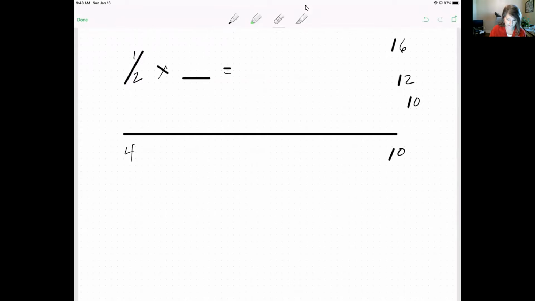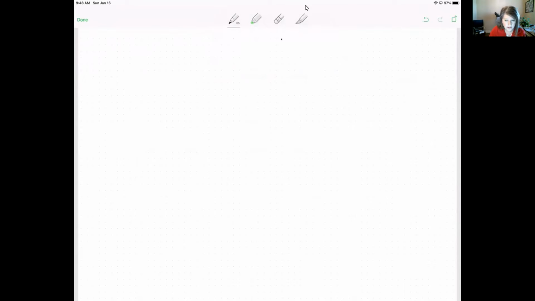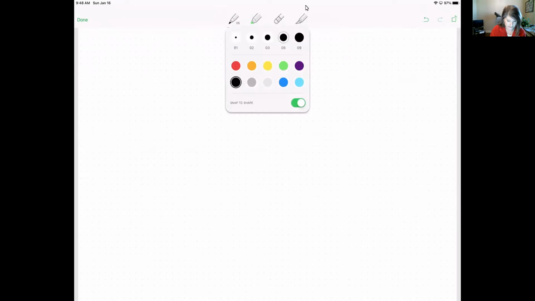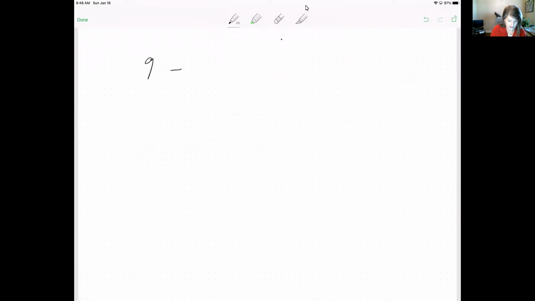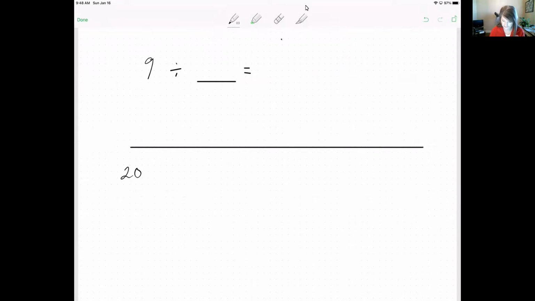Let me do one more here with you. I think the next one I had was 9 divided by what equals 20 to 50. So 9 divided by what is going to land me between 20 and 50? 1/3. Okay, so we have a 1/3 on the board. Everybody agree that 9 divided by 1/3